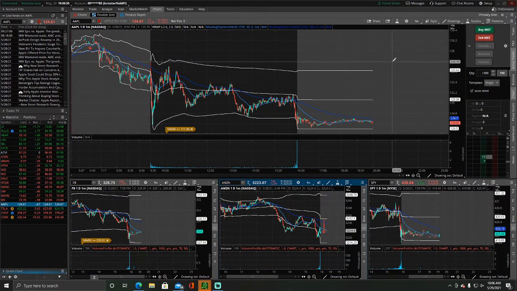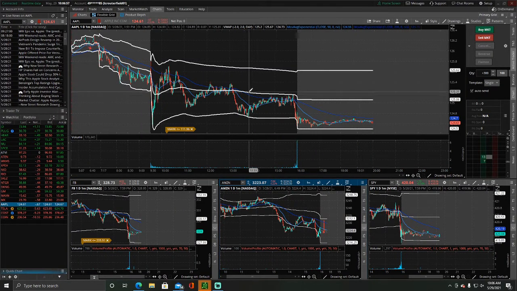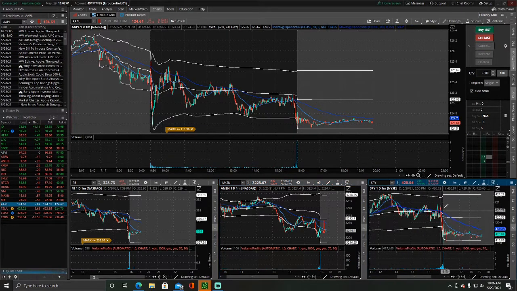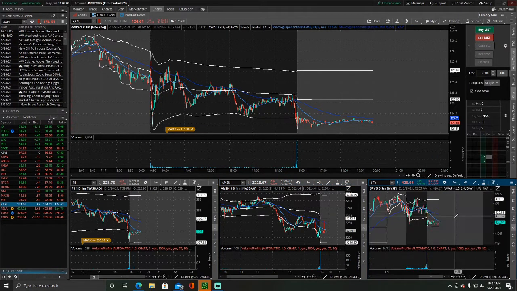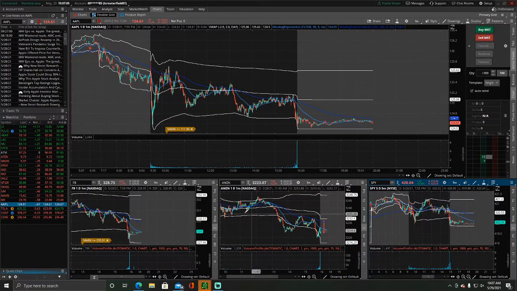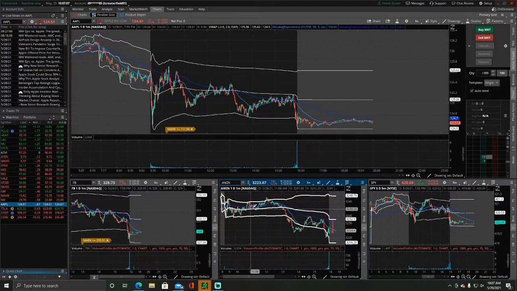So most days when I'm using FlexGrid, this is my setup. Again, you can have it set up however you like. I typically have the overall market on the 5-minute window here, and I'm watching these stocks down here for signs of significance, and especially volume here on the S&P 500. A lot of times when you see a significant amount of volume come in the intraday, and typically it's some kind of catalyst that came out on the market, maybe with the Fed or something like that,